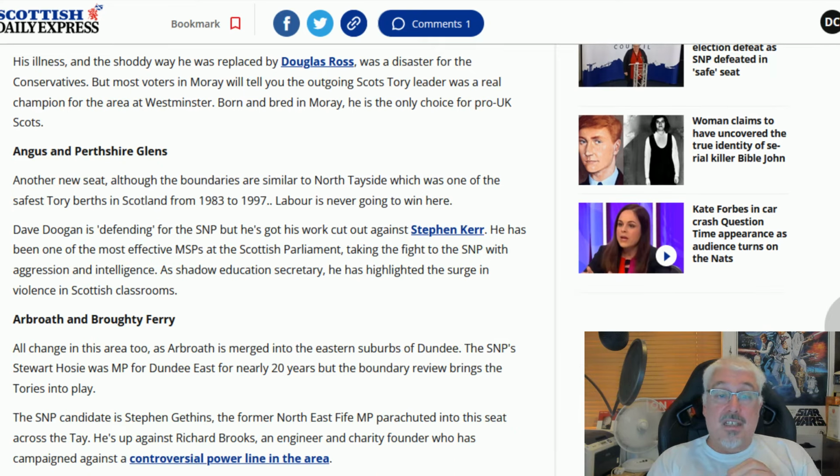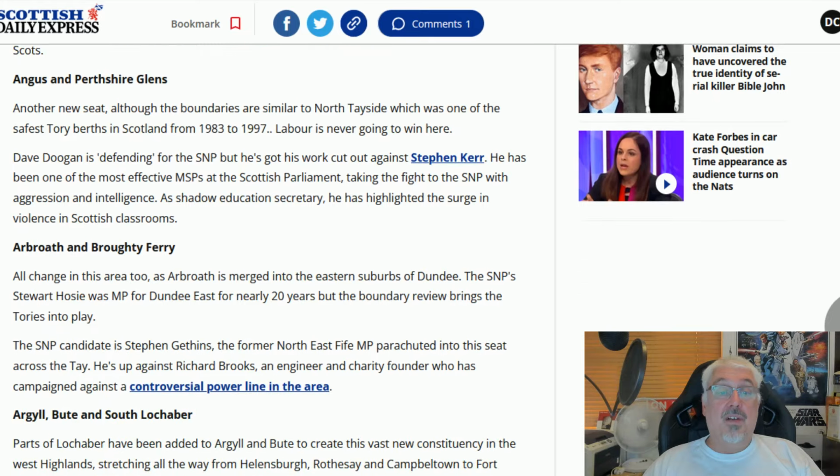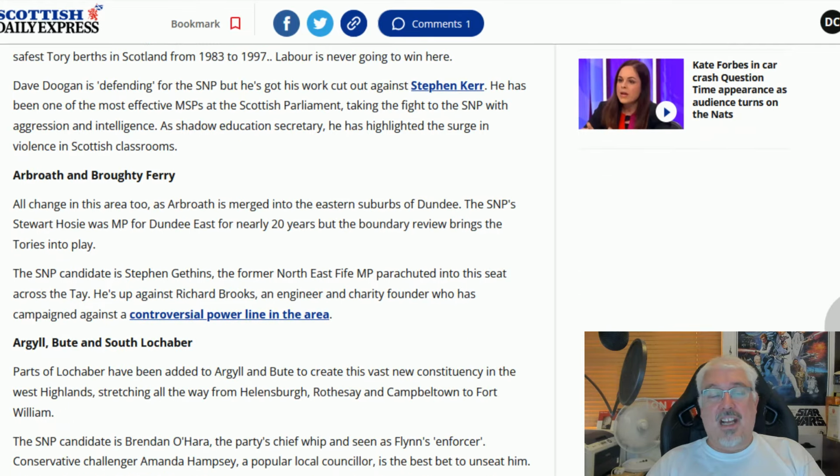It's another new seat, although the boundaries are similar to North Tayside, which was one of the safest Tory berths in Scotland from 1983 to 1997. Labour is never going to win here. Dave Dugan is defending for the SNP. Defending is a very harsh word. I always get that wrong. I had to check that because you got Dave Dogood and Dave Dugan, and they don't confuse me. Anyway,